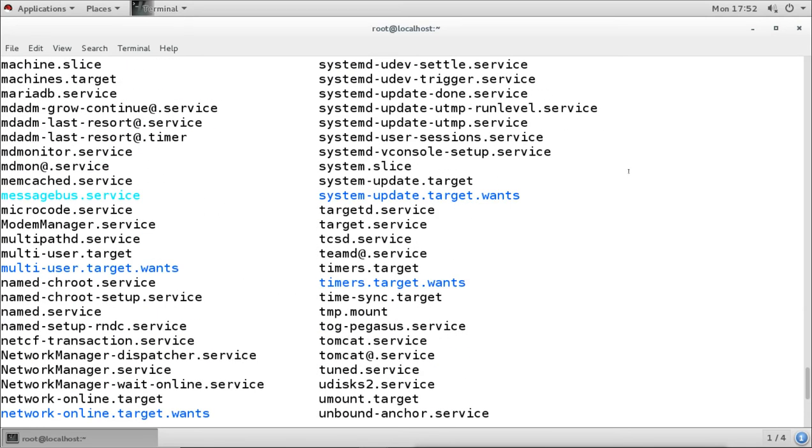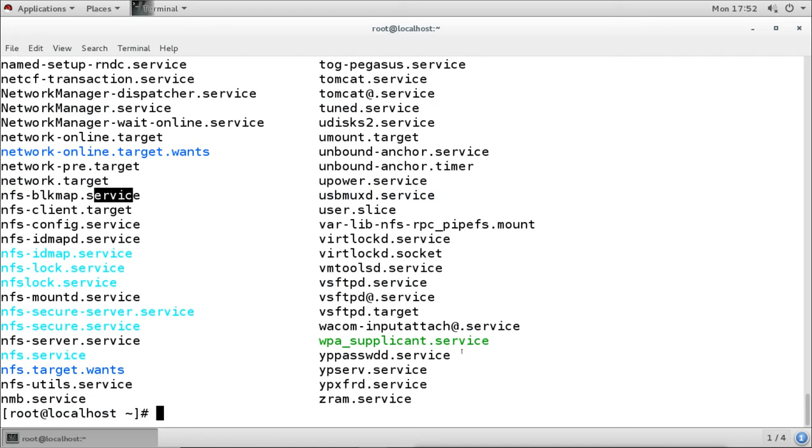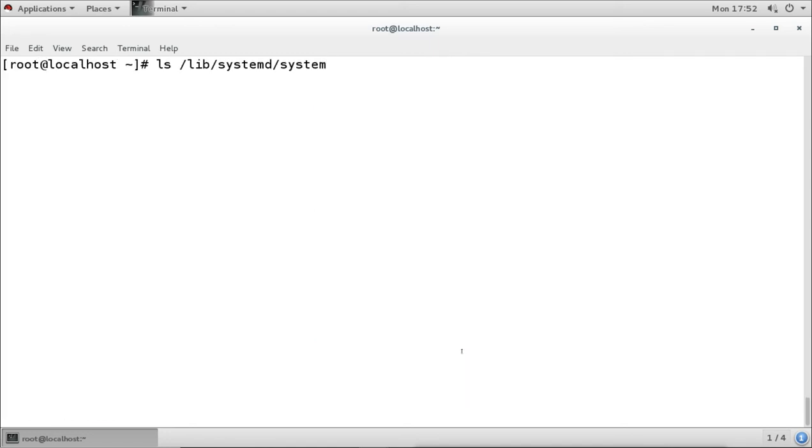So systemd is not loading any file from this place, because in this place we have all the files, and we don't want to execute everything. We want to control what is going to execute at boot time or not, and that is why it checks only this directory. It loads all the files in this directory, not all the files from the other directory.